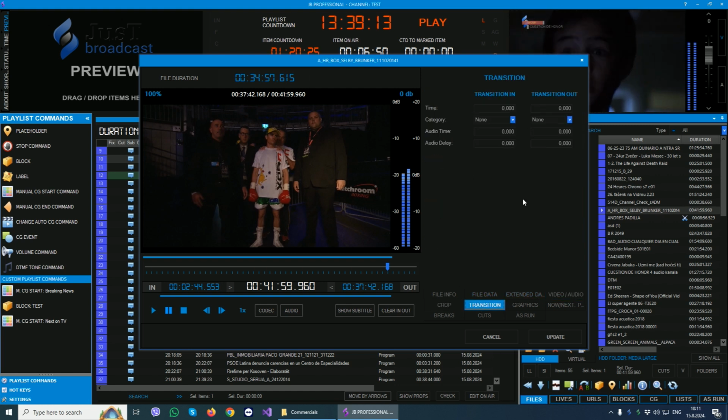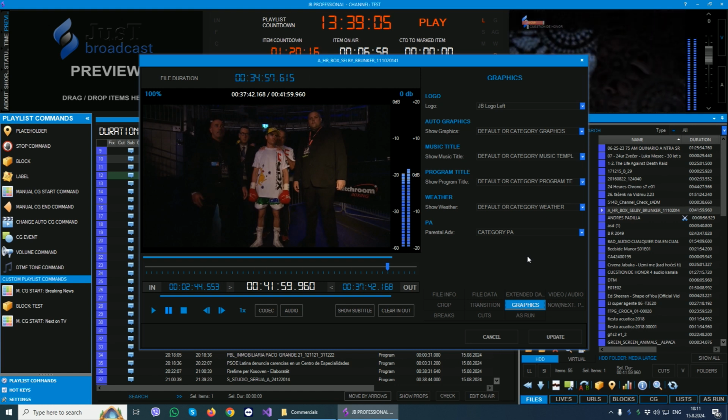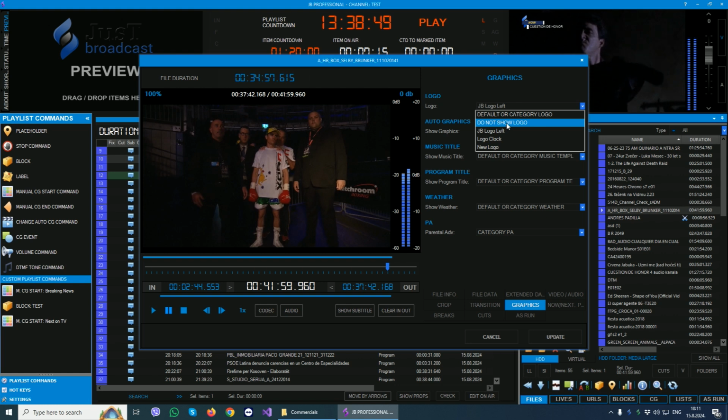You can set global transition, and also you can set transition only for some file. Same thing for CG. You can set global graphics, so one global logo for the channel, one global music title for the channel, but also you can set graphics for each file, which means if you set one global logo and it's on air now, but only for this file you want to change the logo, or you don't want to show the logo